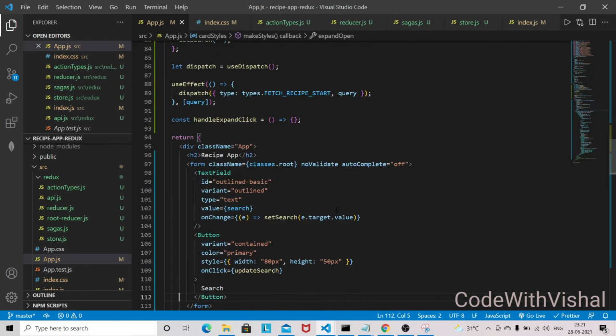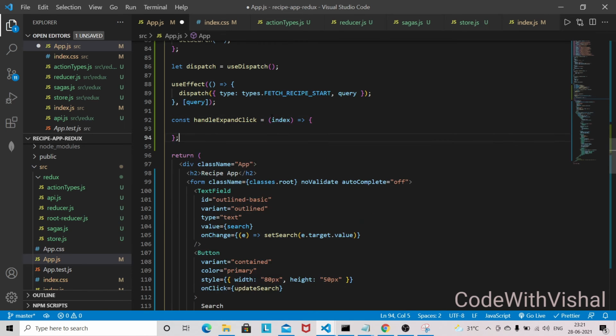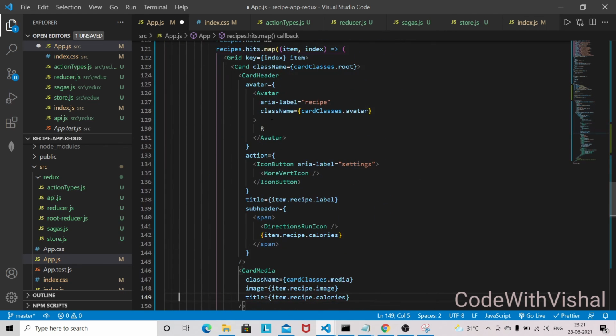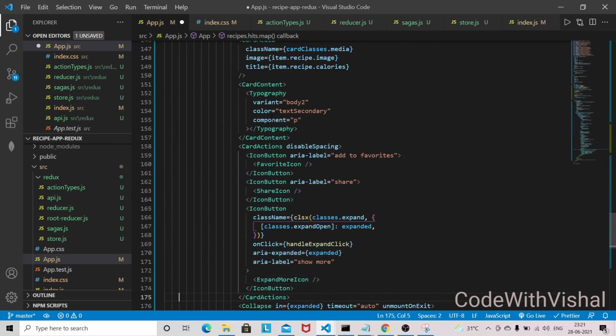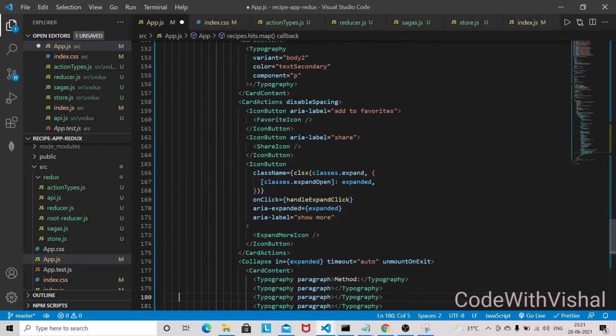So we wanted to expand the card only one at a time. So in the handle click, this handle click will receive the index, and let's go into the onClick, and here we also have to use the classes.